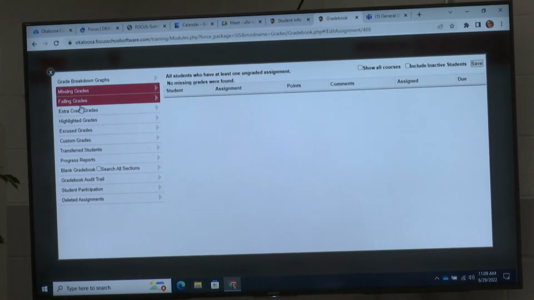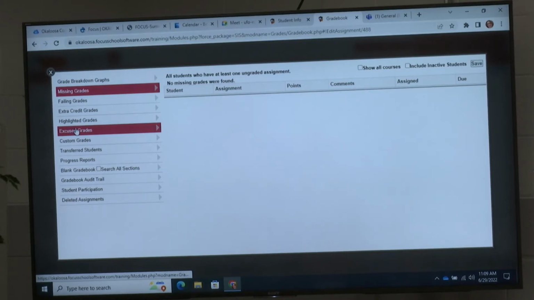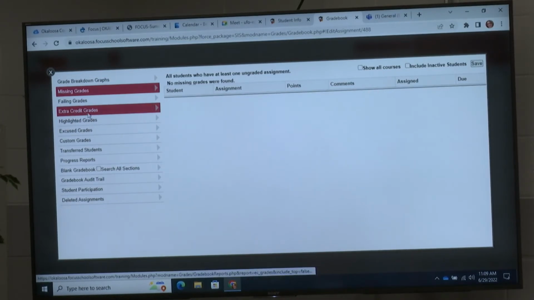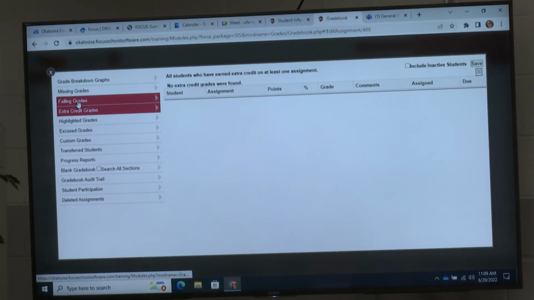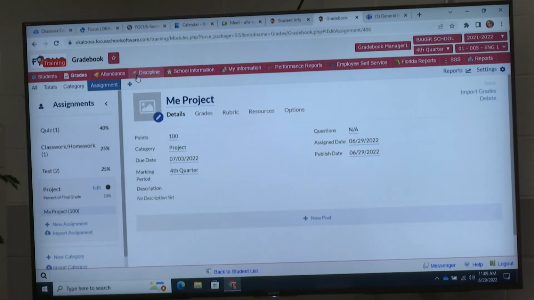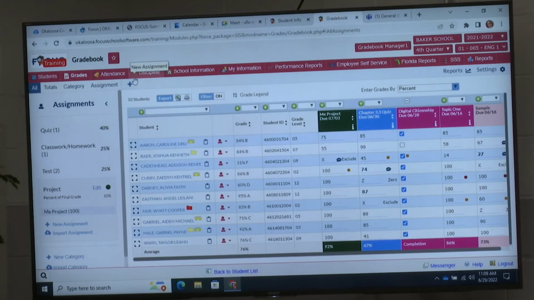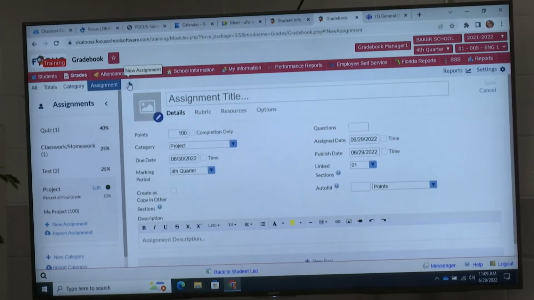All right, so now we can look at excused grades, extra credit grades. How do you do an extra credit assignment? Let's just go back and look at that because you might need to know that. I'm going to go back to all. I'm going to actually hit the plus sign, and I'm going to create an extra credit grade. And this is my